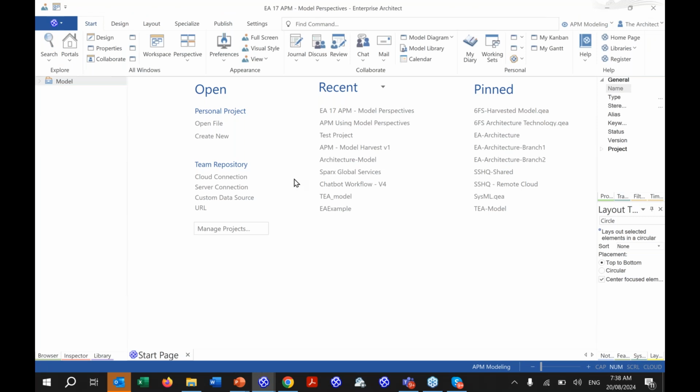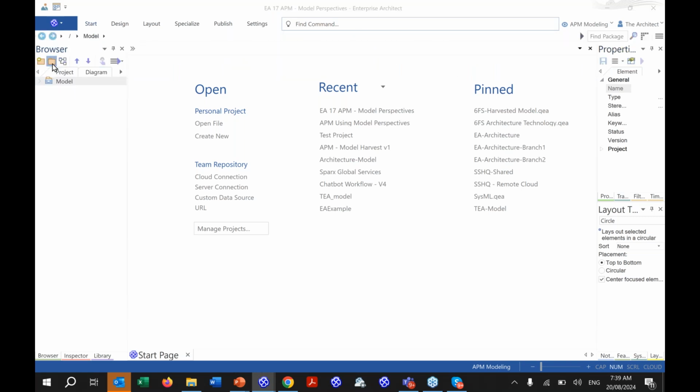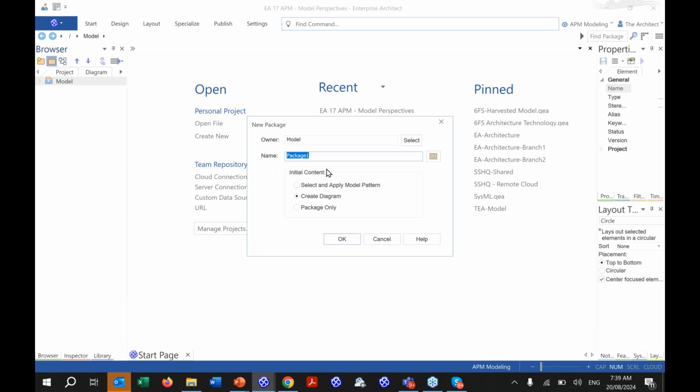And what you will see here is the moment I log in, I didn't do anything, I just logged in. You could see the menu set is already narrowed down. So there's only the things that we wanted them to see. And then the perspective is automatically applied, APM modeling, which pretty much eliminates any other tech. So if I go and add my first package,